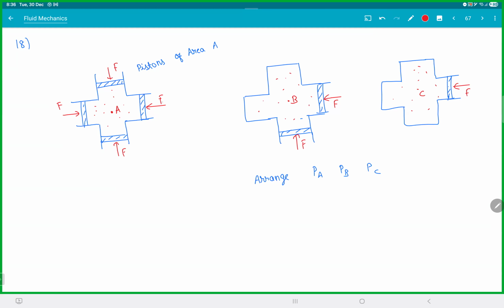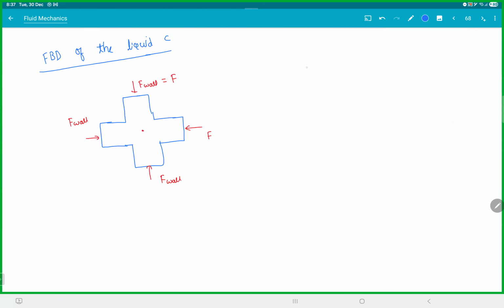The moment you apply pressure here, the liquid would have pushed this piston outside, isn't it? So basically, these forces F are simply behaving as if they're a wall. Right? So if you draw the FBD of any one